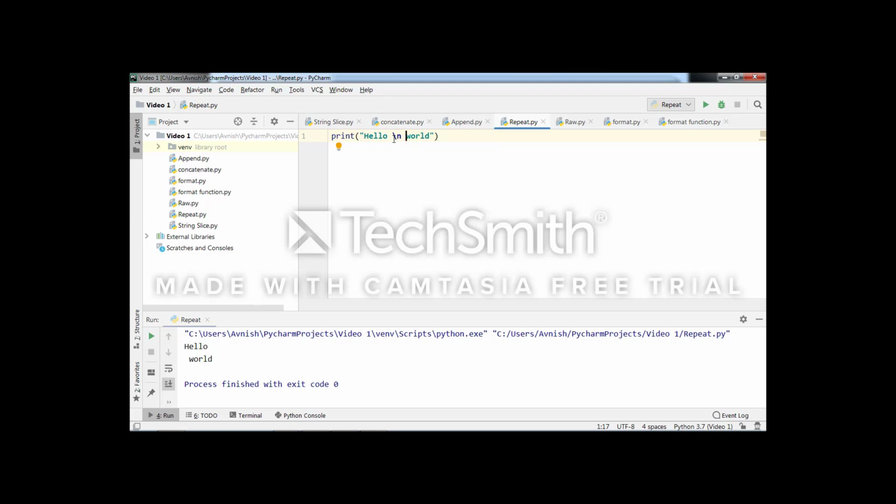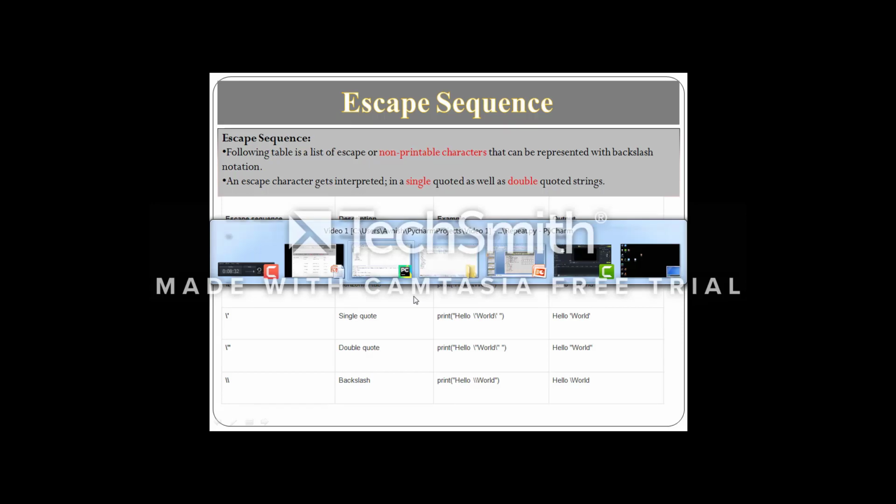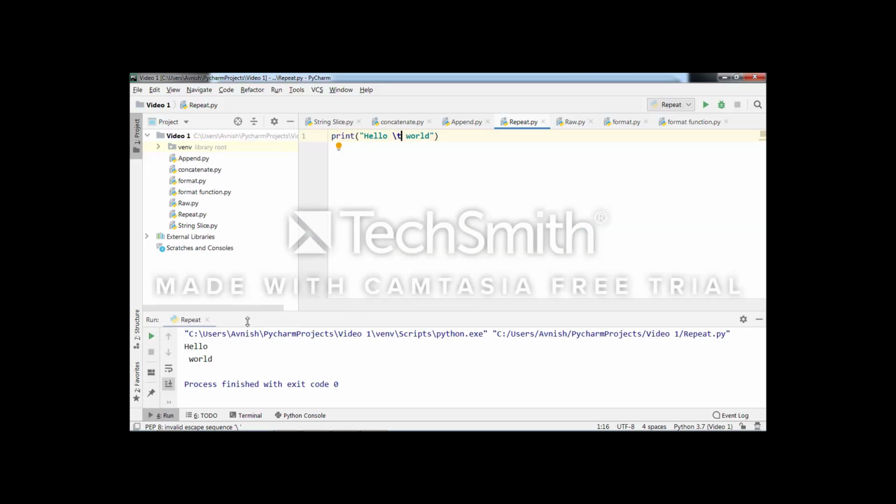In the same way you can use the next escape sequence like \t. This \t will create a horizontal tab between your two words. Let's see the output. See here, due to \t a tab is created and space is created between the two words.